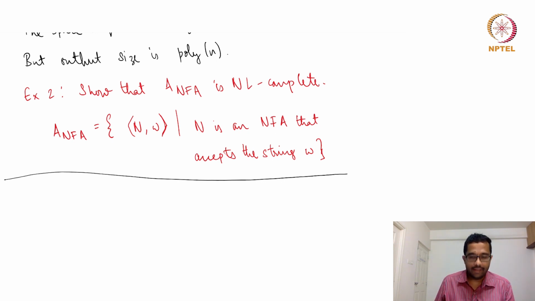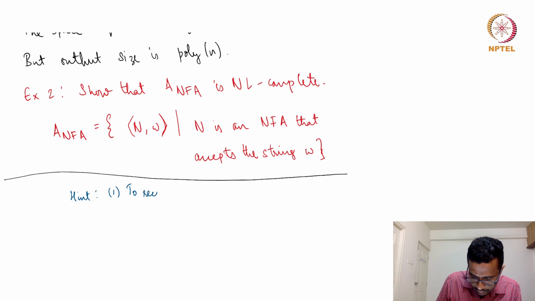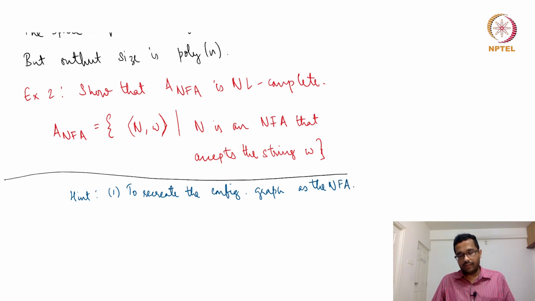So I'll just give you one hint or maybe two hints. The hint is to recreate the configuration graph as the NFA. So again, one point here, now you can draw analogs of whatever we said for NP completeness. So to show that a language is NL complete, so to show that ANFA is NL complete, it is enough,